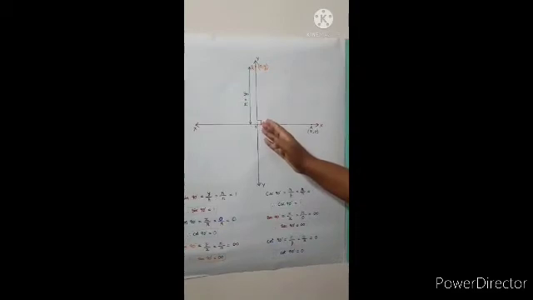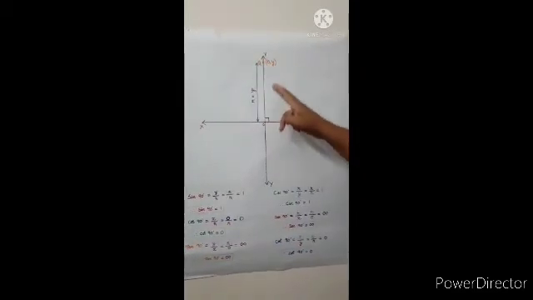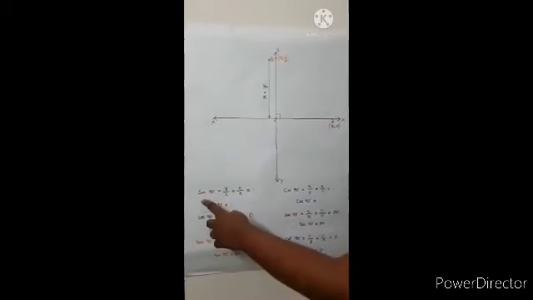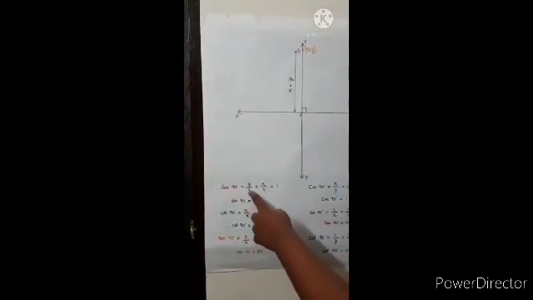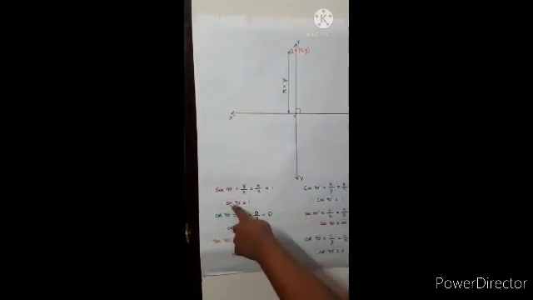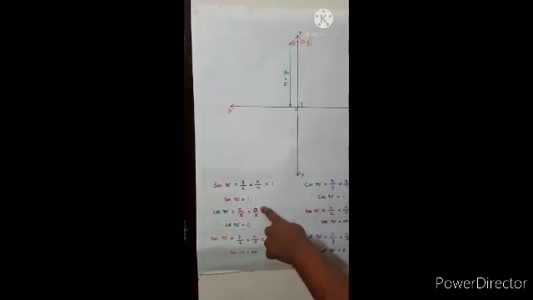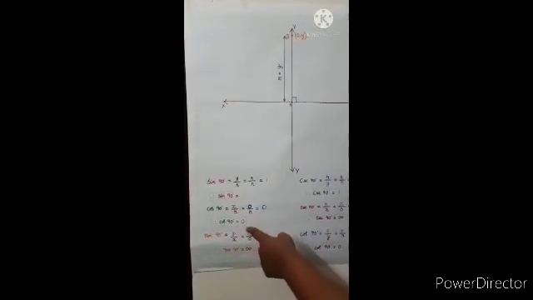Now, due to the 90 degree change, the radius becomes y and the point Q lies on the y-axis, whereas the x-coordinate is 0. Sin is opposite side by hypotenuse, so it is y by r. Y we can write as r by r. Sin 90 is equal to 1. Cos 90 is equal to x by r. X is equal to 0, so 0 by r. Cos 90 is equal to 0.